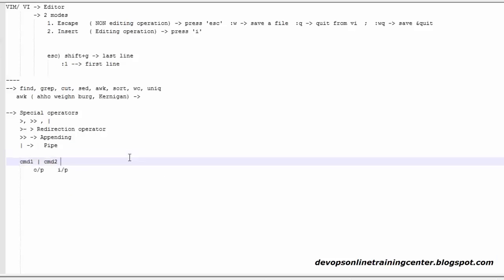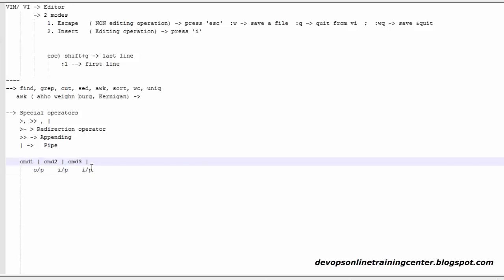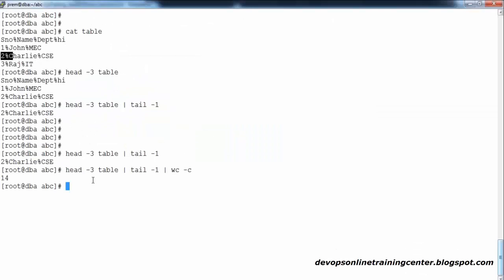You can make use of the pipe again for command 3. The output of command 2 is given as the input to command 3, and similarly command 4. It's never ending until you get a proper solution. So you can make use of n number of commands with the pipe operator. The concept is the same: the previous command's console output is given as input to the next command.